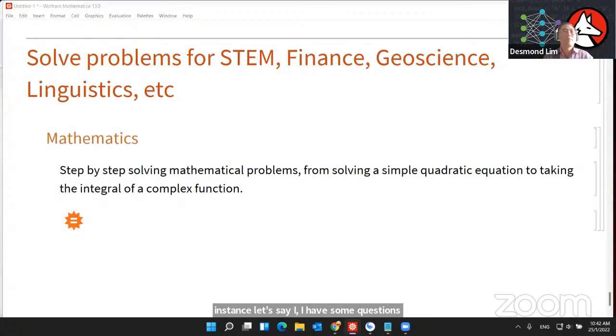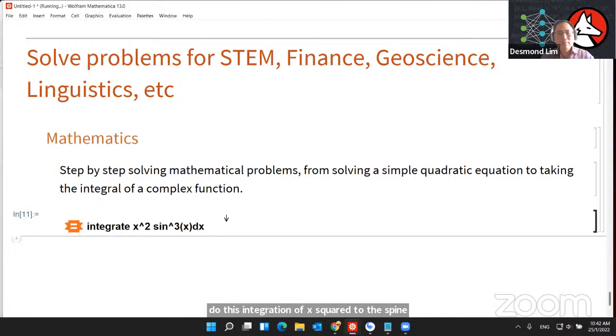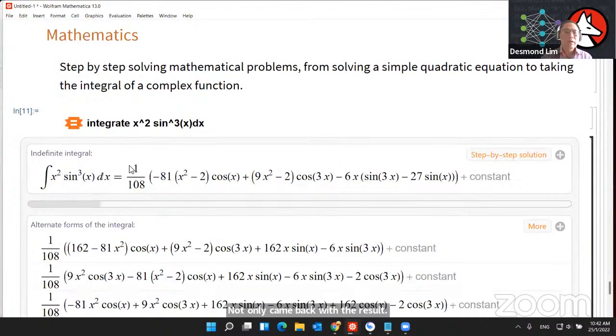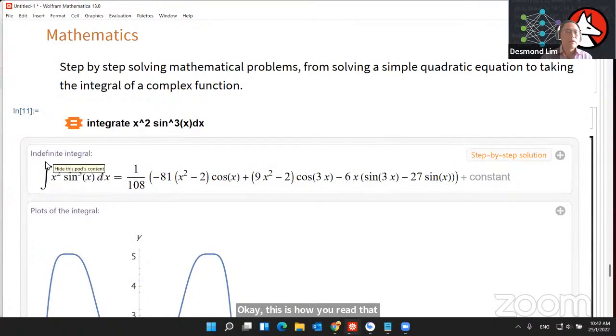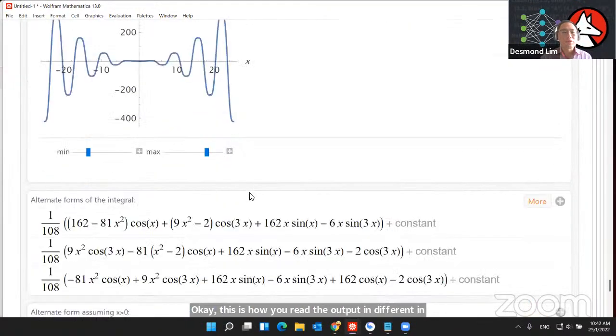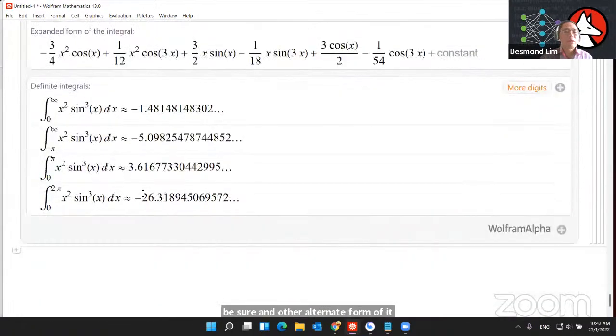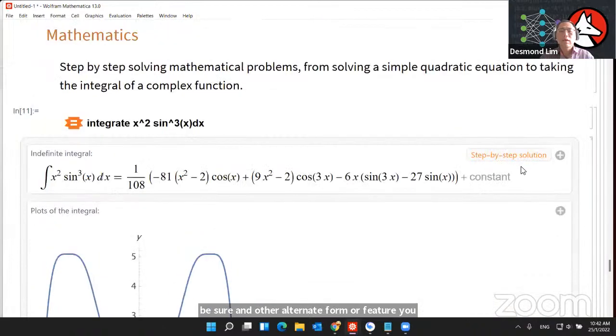integrations. Maybe I have some school assignment, how to integrate x squared times sine to the power 3, dx. If I enter this one, not only does it come back with the result, okay, this is how it read the input, the output in indefinite integral, this is the result. Not only can you see a result and visual and other alternate form features, you also can see the